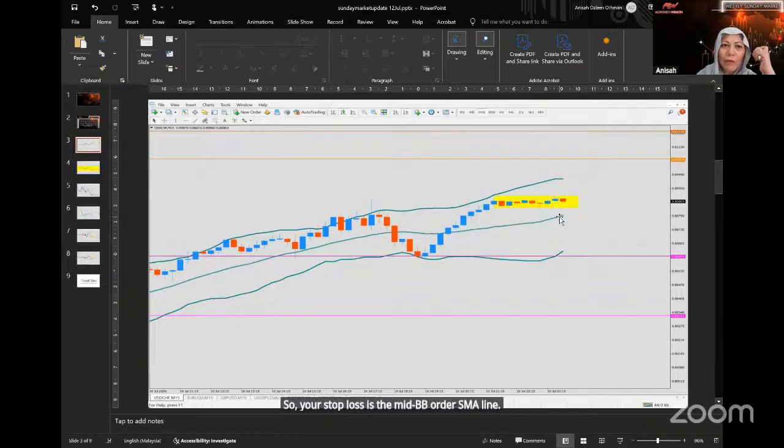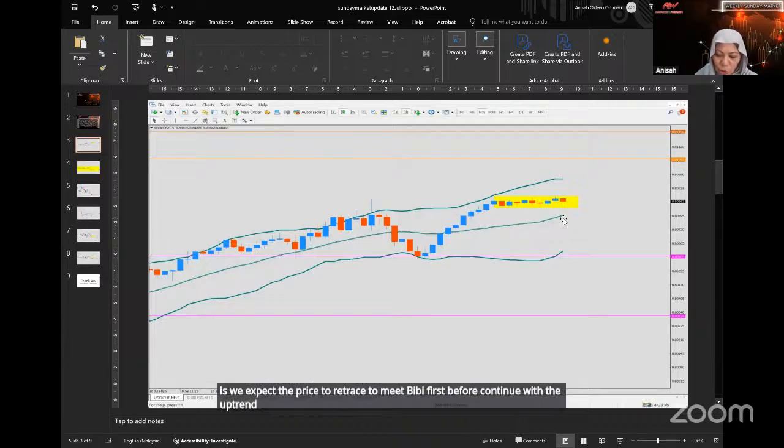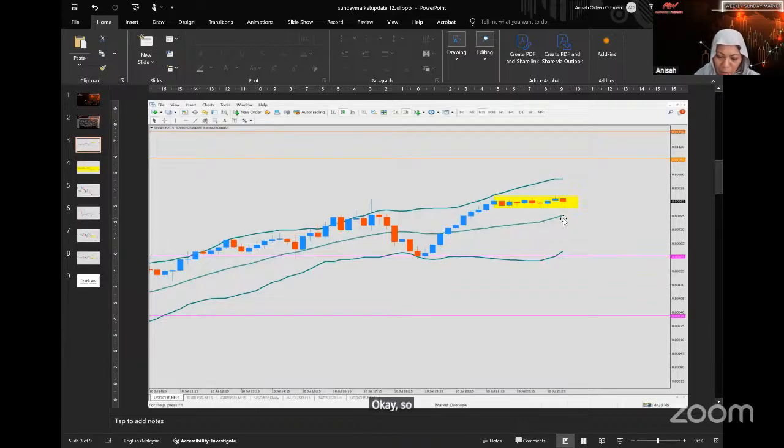Those were the outlook of dollar Swiss. So, bullish. That is the first setup. The second setup is we expect the price to retrace to the mid BB first before continuing with the uptrend. For this setup, you will enter when the price hits the mid BB or the SMA line, which is